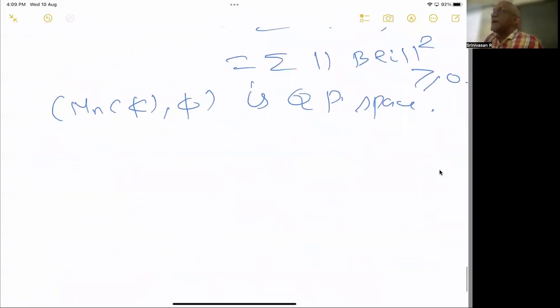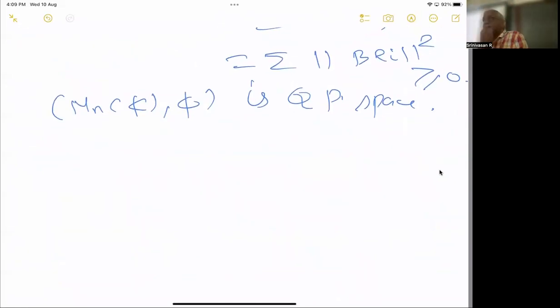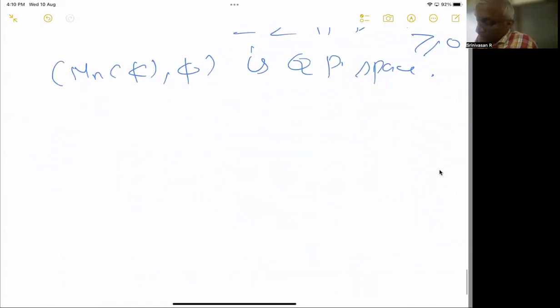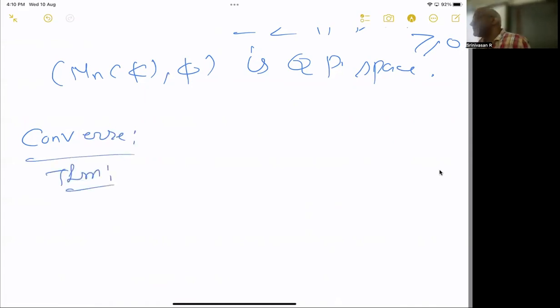Okay. Now I want to say that every quantum probability space with A as M n C will look like this. That's what I want to say. So this is the converse. Maybe this is a theorem. Okay, call it a theorem. So what is the theorem? If M n C, phi, and maybe I will not say that, I will say phi is a state on M n C. Okay. Phi is a state on M n C. Okay. Then